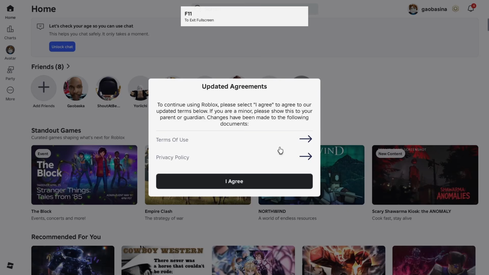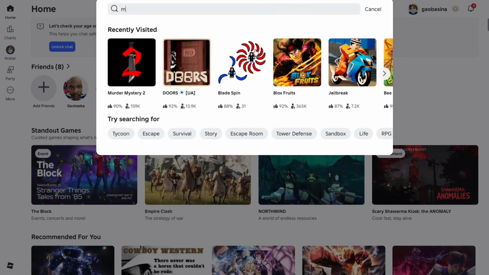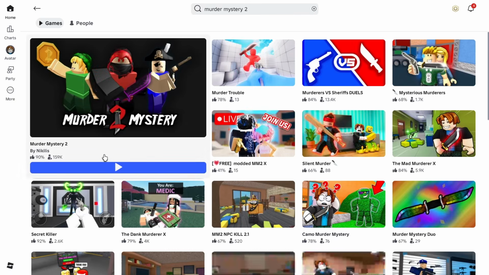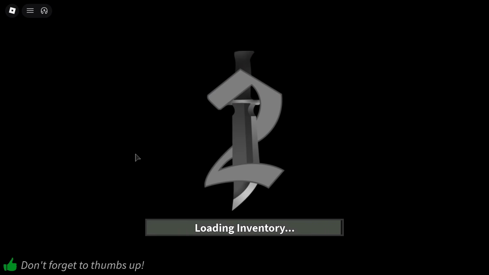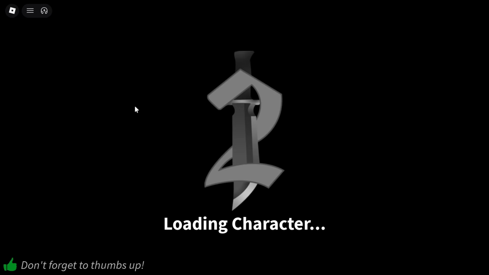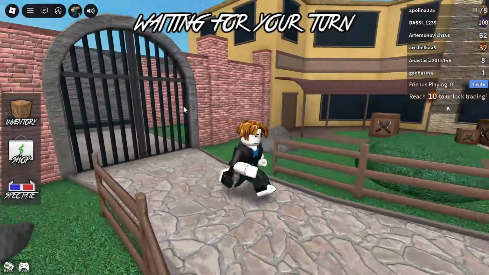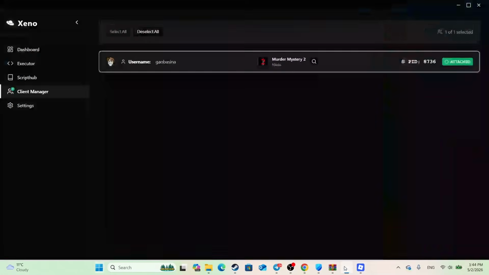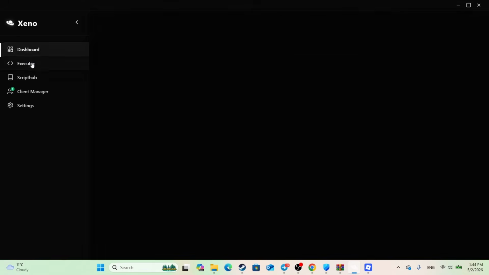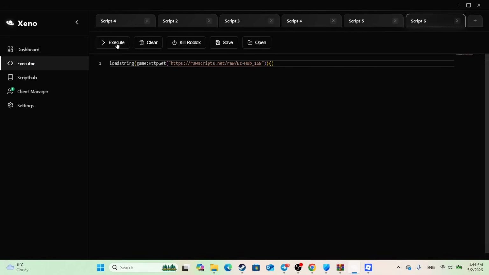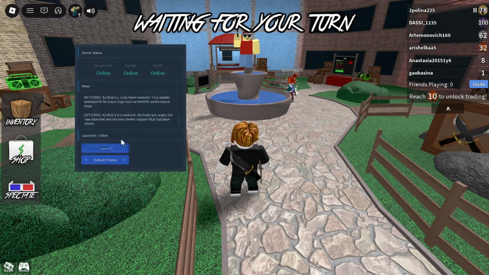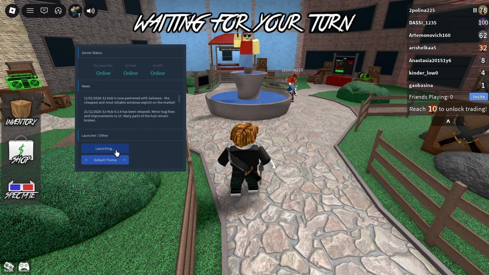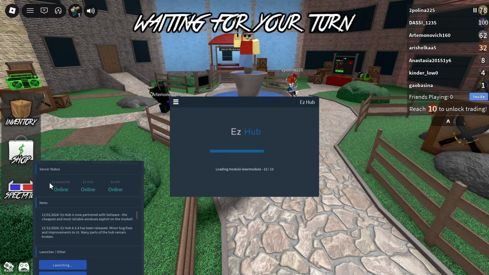Here it is. Here I will show you on a place called Murder Mystery 2. Let's start it. And now we can go to our Xeno, in the Executor, and you need to push this Execute button when you're already in the place. You can see when I press execute, I have launched my script. I put here Launch, Easy Hub is executing,